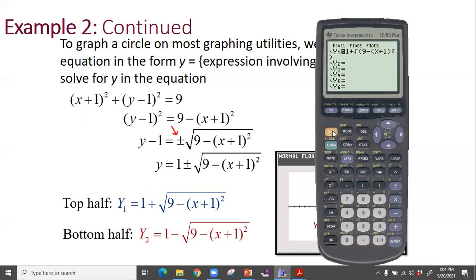A shortcut to repeating is if you hit second, enter. Wait. Oh, not on the old one. Never mind. If you're on the new one, it works. But if you're on the old one, it does not work. It will not put your second entry unless you solved it. And I didn't solve anything, so it's not going to put it. So I have to write it again. 1 minus the square root of 9 minus parentheses x plus 1 close parentheses squared, close the square root, hit graph,